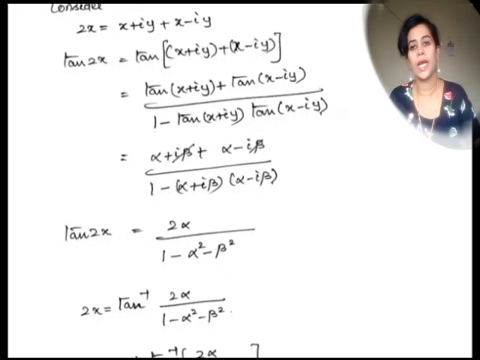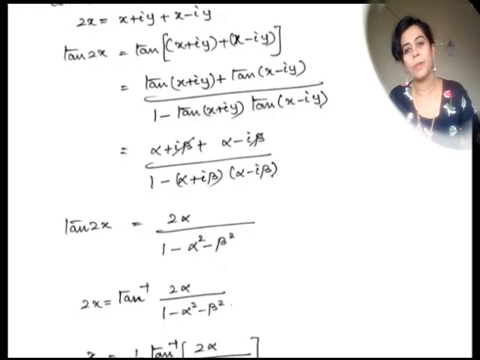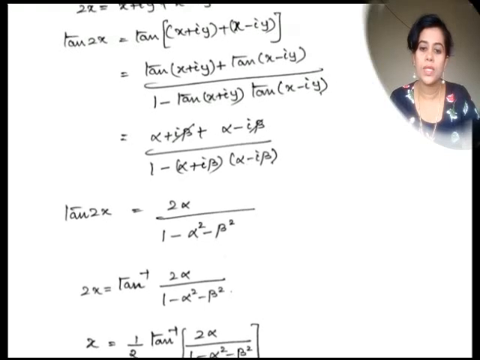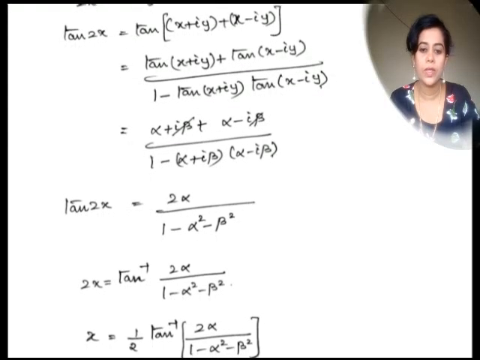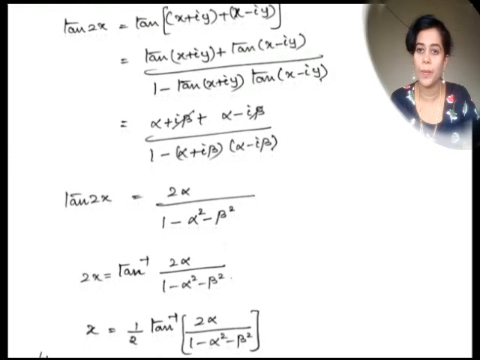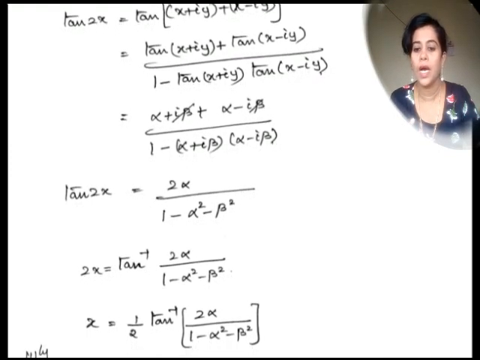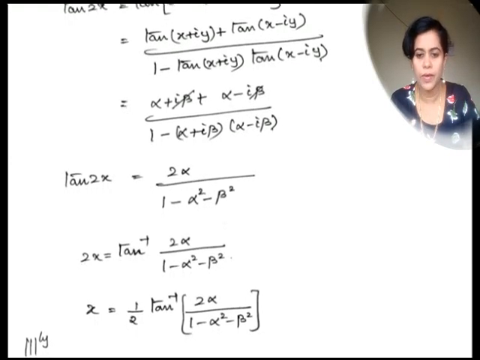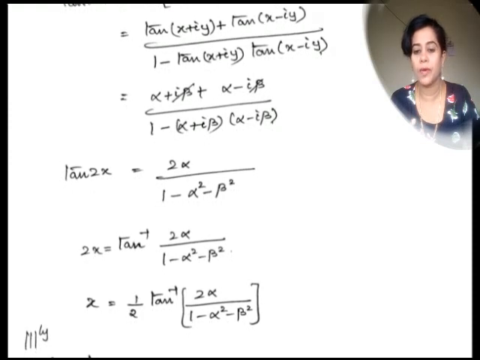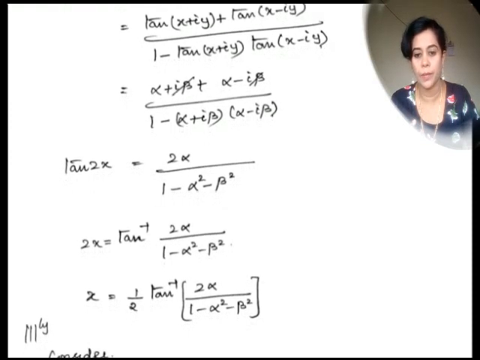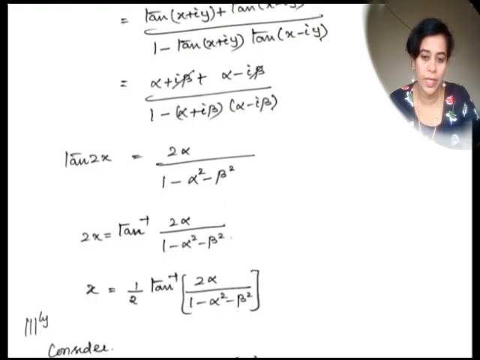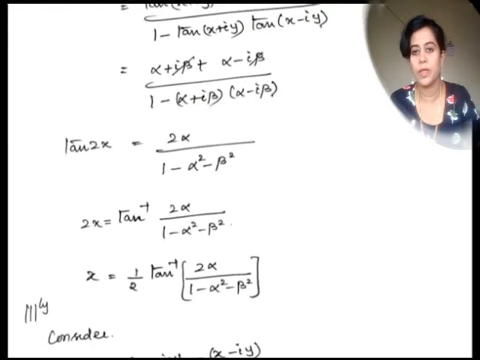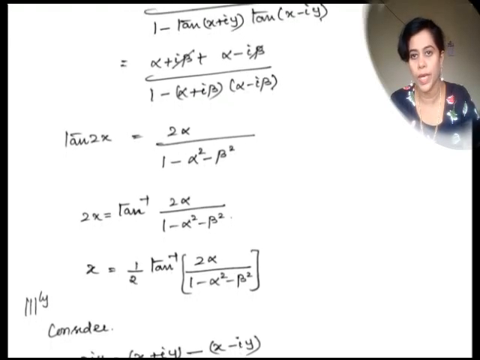Here we are going to apply the tan of a plus b formula. So tan of a plus b is equal to tan a plus tan b divided by 1 minus tan a tan b. And what is tan of x plus iy here? Tan of x plus iy is alpha plus iβ. Tan of x minus iy is alpha minus iβ. Substitute here: alpha plus iβ plus alpha minus iβ divided by 1 minus alpha plus iβ into alpha minus iβ. When I am simplifying, iβ gets cancelled. The remaining will be 2 alpha divided by 1 minus, because they are in the form of x plus y into x minus y,